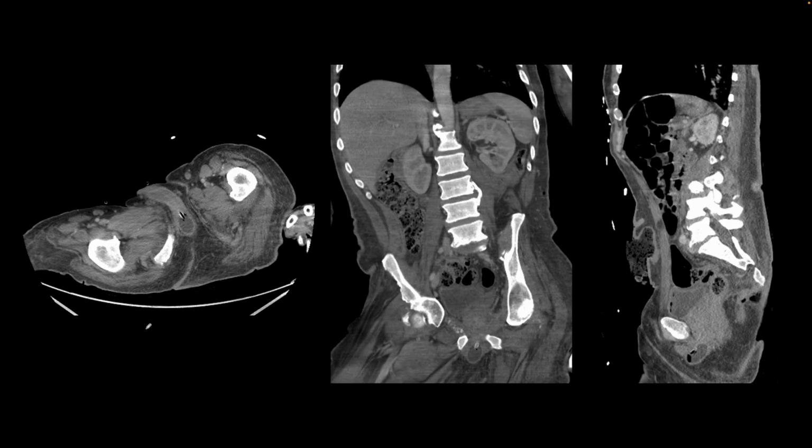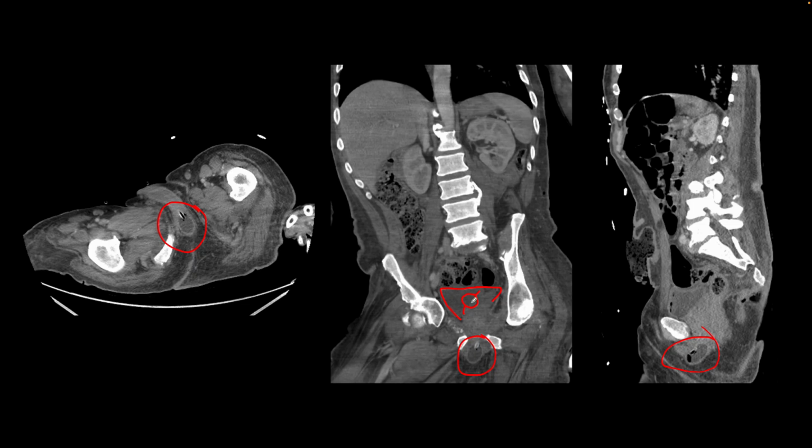This is our next patient, and the finding was incidental, but we were happy that we picked it up. On the axial image, we see that this is the penis, and inside the penis we see a catheter and we see a balloon. And on the coronal image, we find that that's where the balloon is. Here is the urinary bladder, so the Foley catheter and the balloon should be inside the urinary bladder. So someone inflated the balloon in the urethra, and we picked it up as an incidental finding on the CT, and we let them know to deflate it, take it out, and put another Foley catheter in the correct position